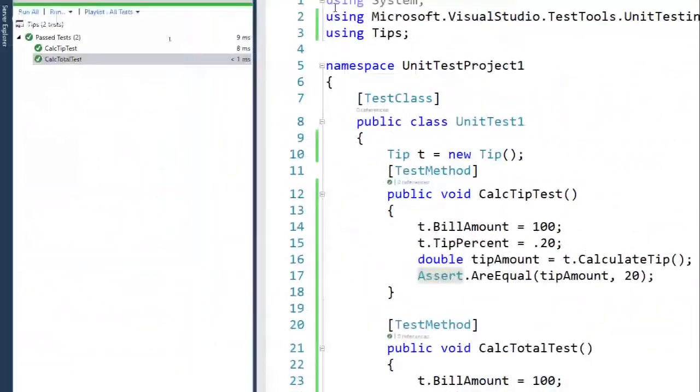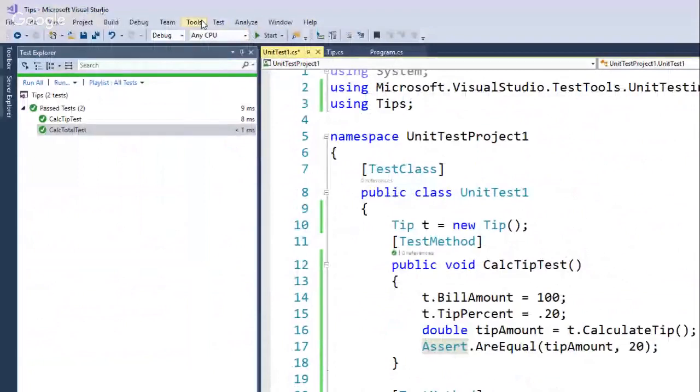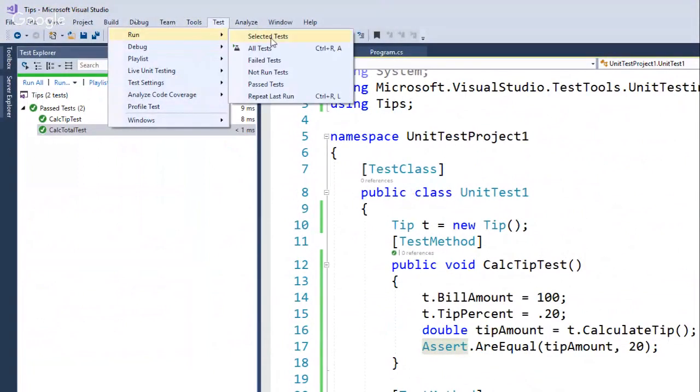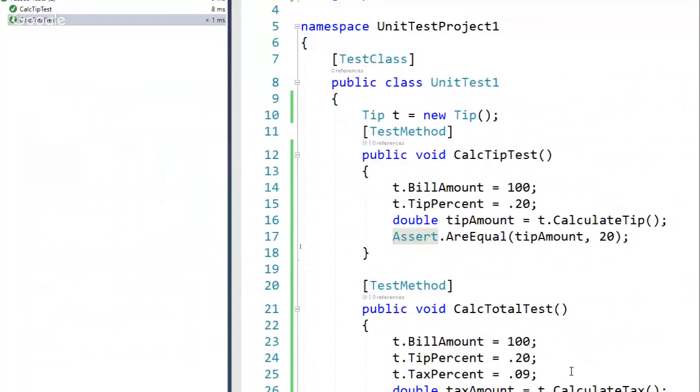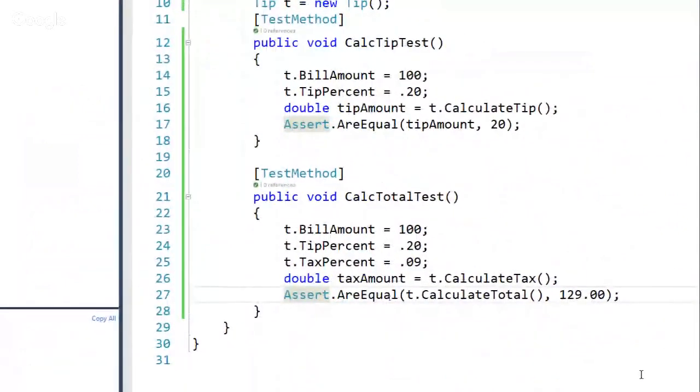And it would result in the same. Run all tests. They both pass. This would have the same